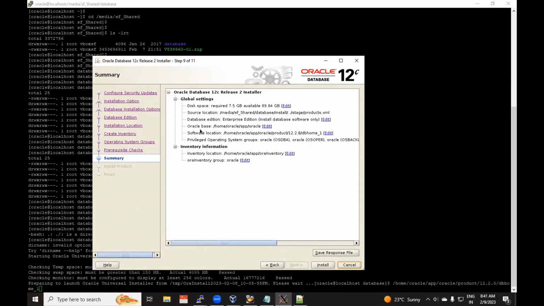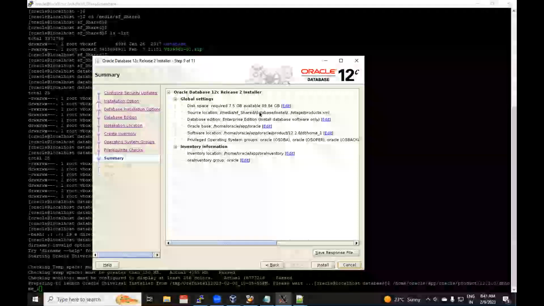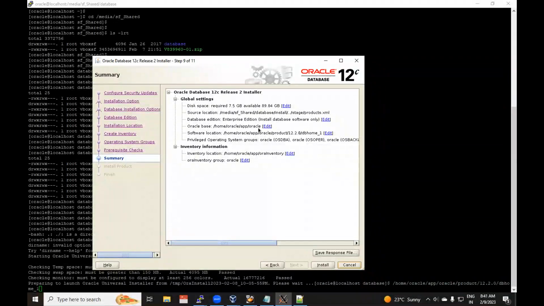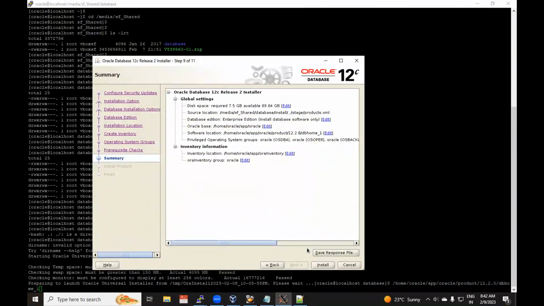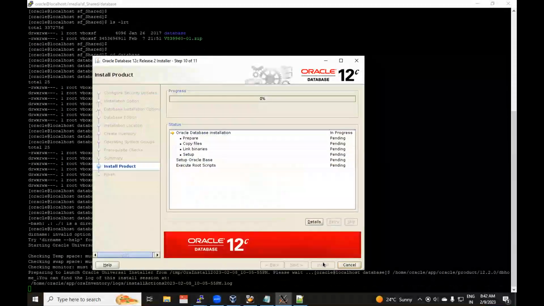So the software installation prerequisite check has been done. It's saying that disk space required is 7.5 GB and available is 89.8 GB. So everything is passed. You can save the response file wherever you want. Save it and then click on install.